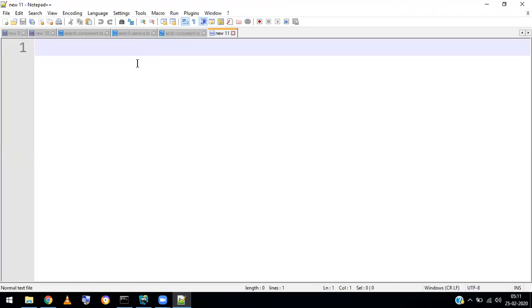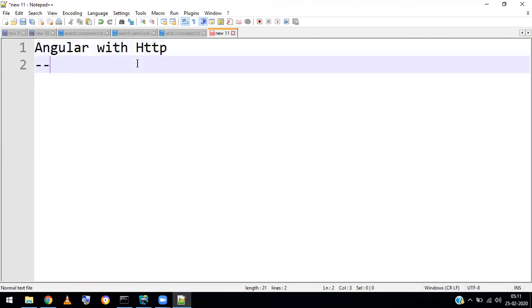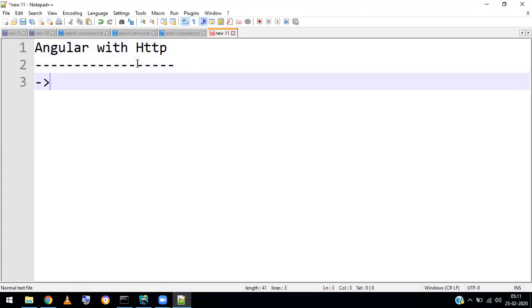Okay. Today, the concept is Angular with HTTP. So, what is this? Yesterday, we discussed the concept called Angular services. These services are responsible to provide data. It's like a data provider, and it is responsible for the actual business logic, and is also responsible to get data from the server. In the last class we already discussed how to provide data to the components, because components